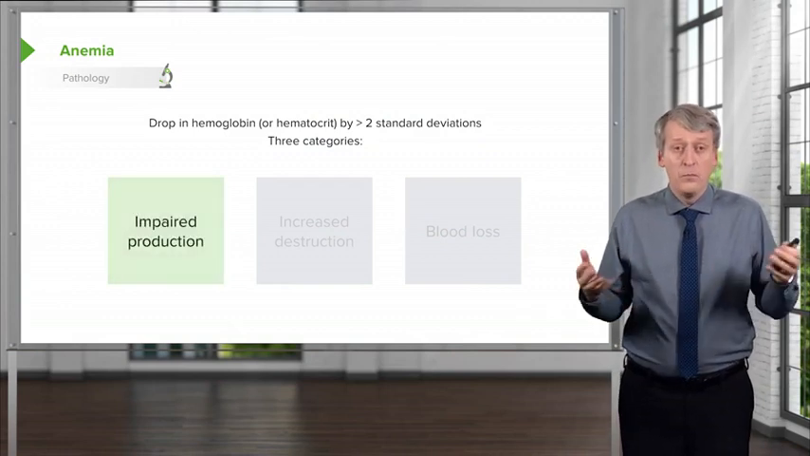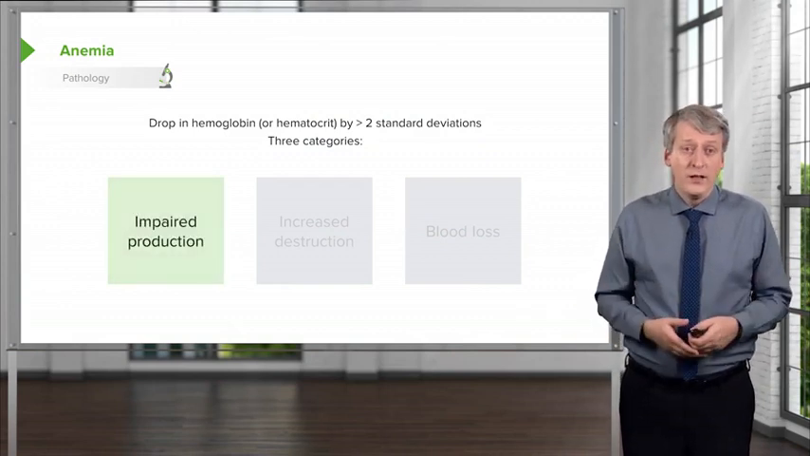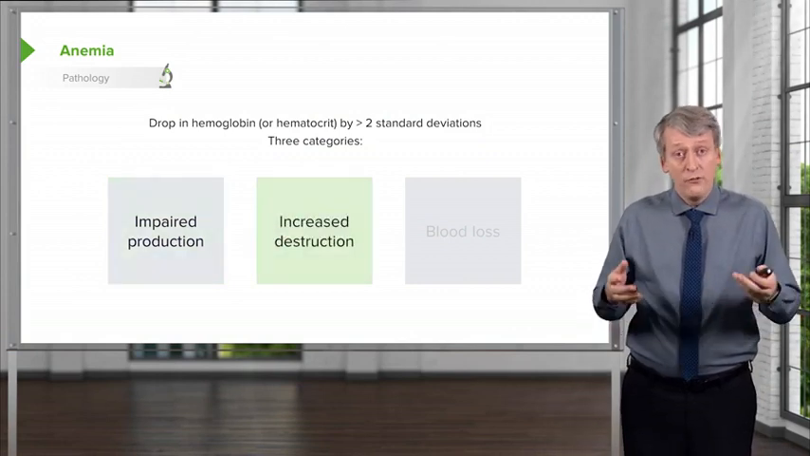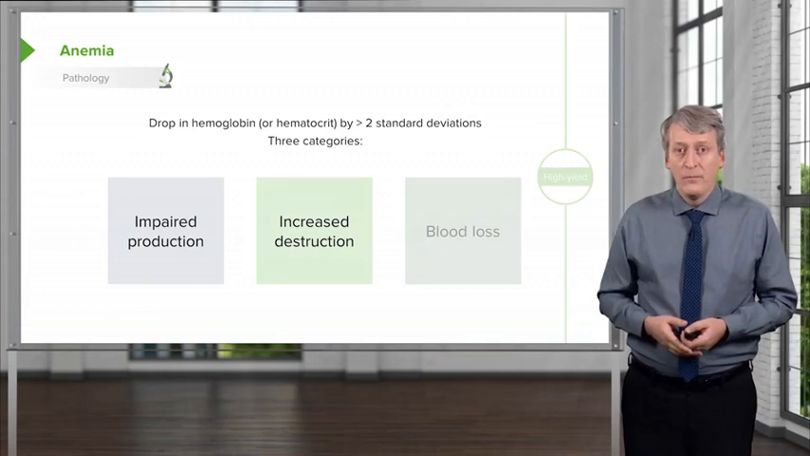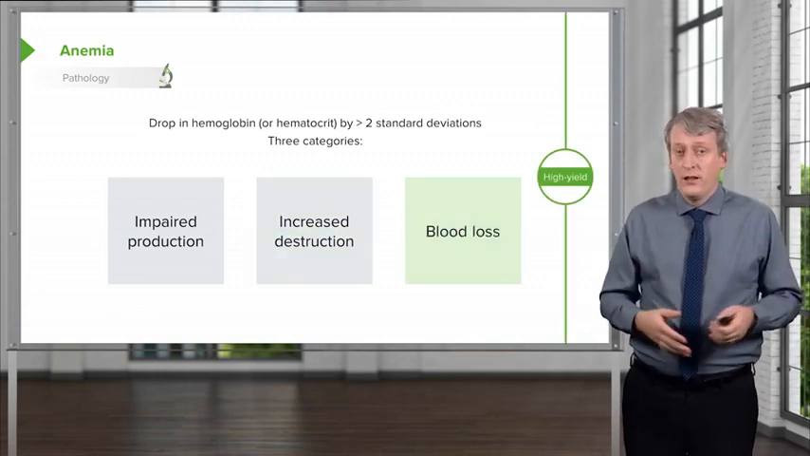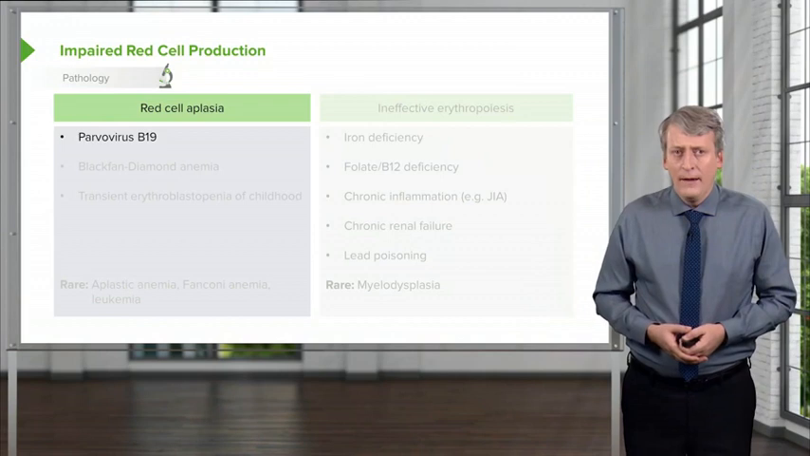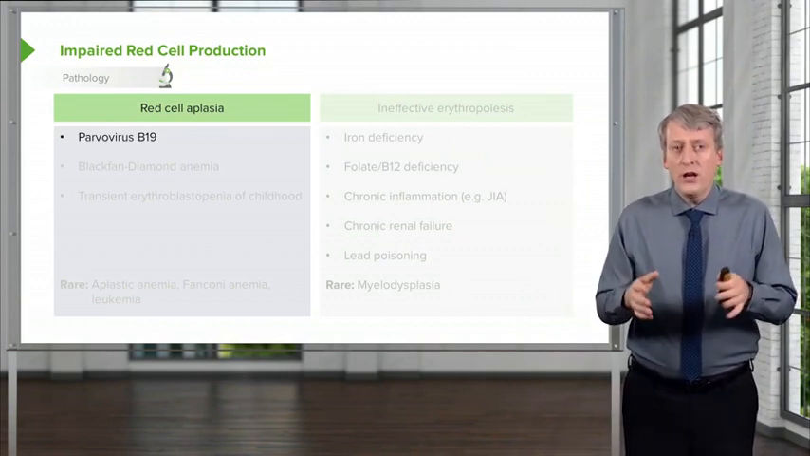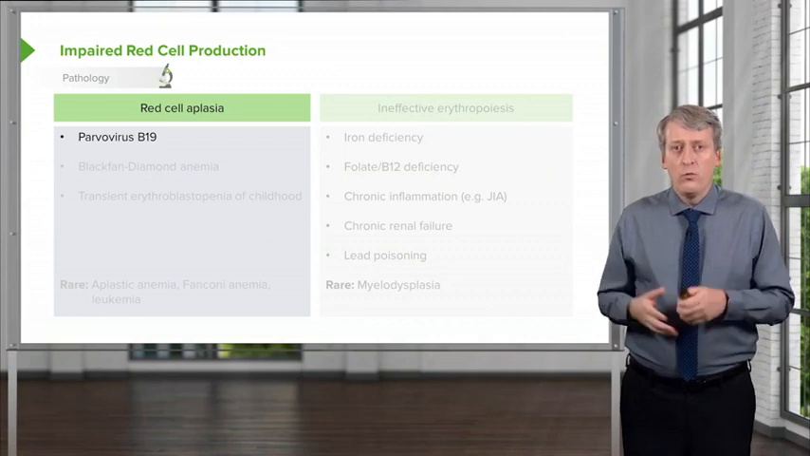One is impaired production. If you can't make red blood cells, you'll have fewer of them. Another is increased destruction. If you're destroying them, you'll have fewer of them. And the last is just general blood loss. Okay, so if we're looking at the area of impaired production of cells, there's a couple different ways this can